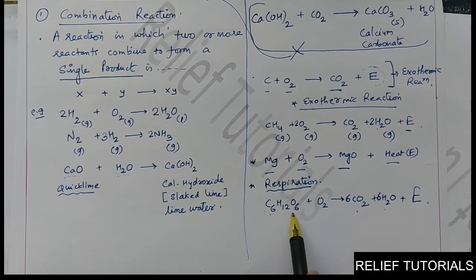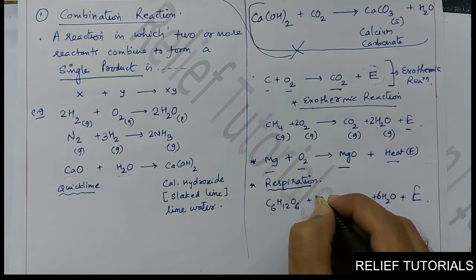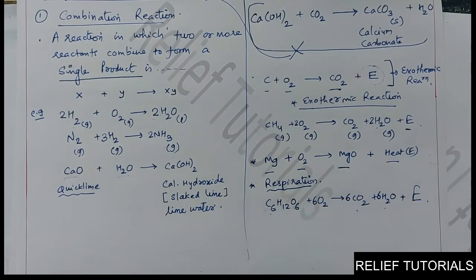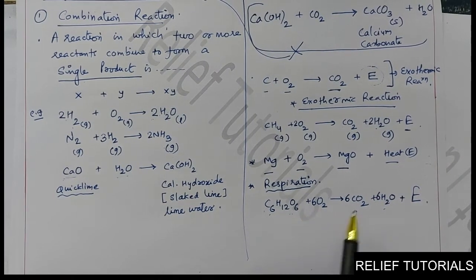So there are only 8 oxygens on the left hand side, but on the right hand side there are 6 twos, which are 12, and 6 more, 18 in all. Now here it is 6, so 12 more are required to make it 18. So you just multiply this number by 6. Now if you see, there are 6 oxygens here and 12 here, so it becomes 18, and 18 on the right hand side also. So this is again an example of an exothermic reaction, and the balanced equation is here.